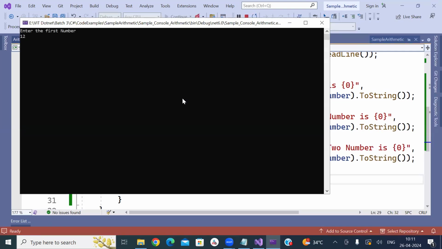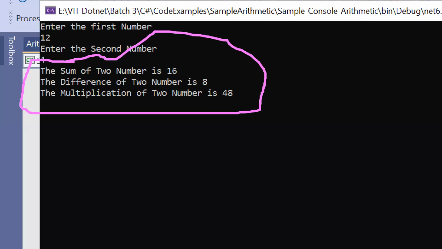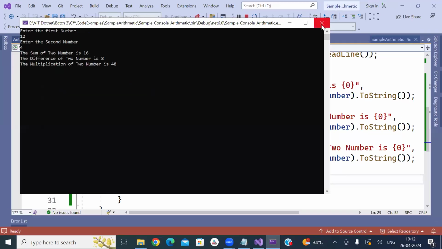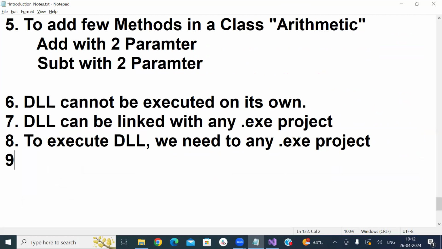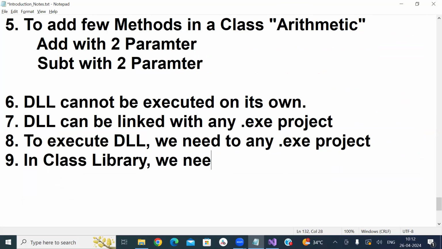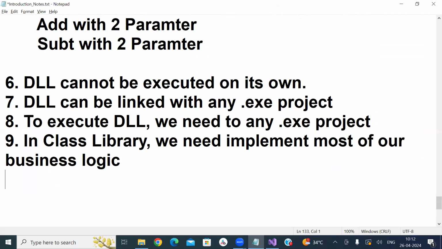I'm giving add, first number is 12, second number is 4. You see, all three methods are executed. Preeti and Pranit, did you get my point? Yes, sir. So in the DLL, in the class library project, we need to implement most of our business logic. Whereas in the .exe project,